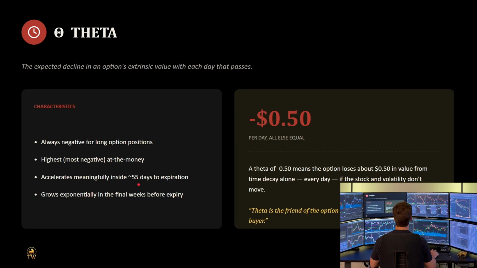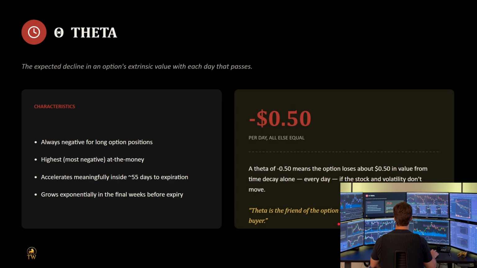Theta really increases as you get closer to expiration, but when you hit that 55-day mark, that's when the theta decay will really start to increase. And every day closer to expiration, it goes up and up and up. So if you have a theta of 50, for example, your option is expected to lose 50 cents in value every single day. That's why it's commonly said that theta is the friend of the option seller and the enemy